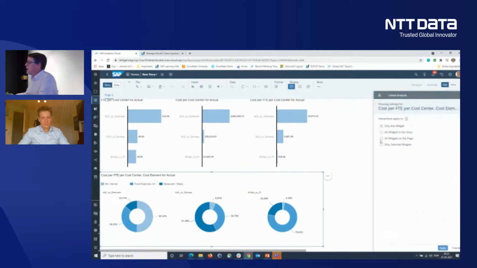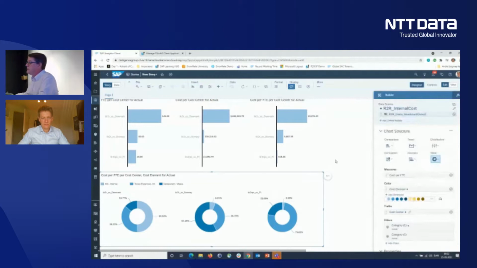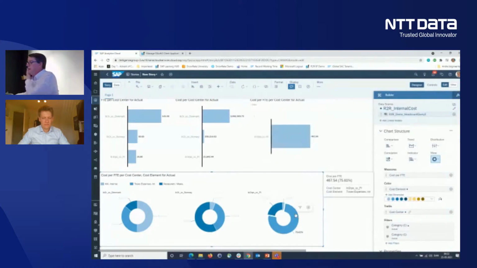And you can even combine your data here, saying that if I click on something down here, I would like to see how my cost per FTE is working. So by enabling this feature here, when I click down here, you can see my chart is changing, and I can see my cost per full-time employee in Finland on this travel expenses is